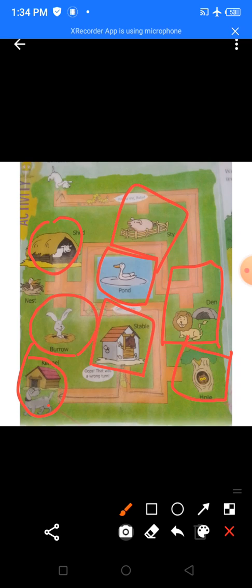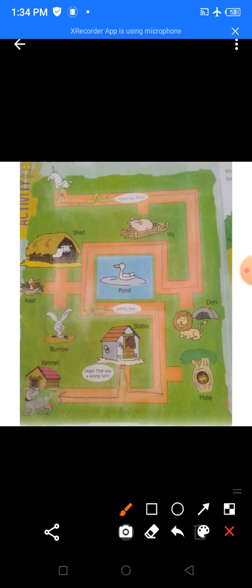A hare lives in a burrow, and a little birdie lives in her nest. Yes, now again, how will Ruby find her place? So she'll walk straight, she'll not turn anywhere, keep on walking straight until she finds her way home. Okay.